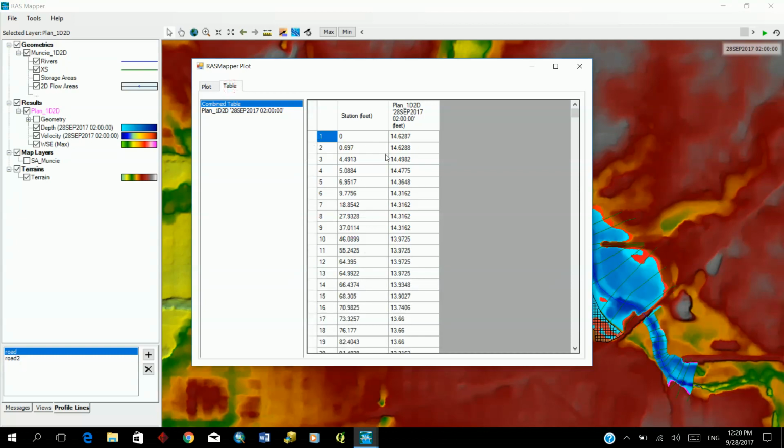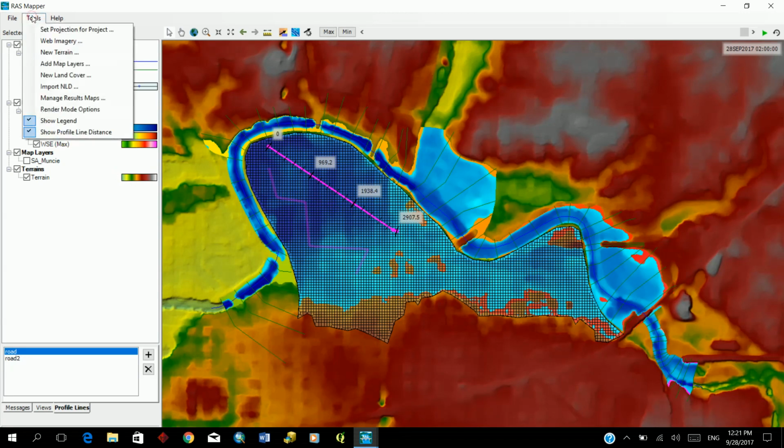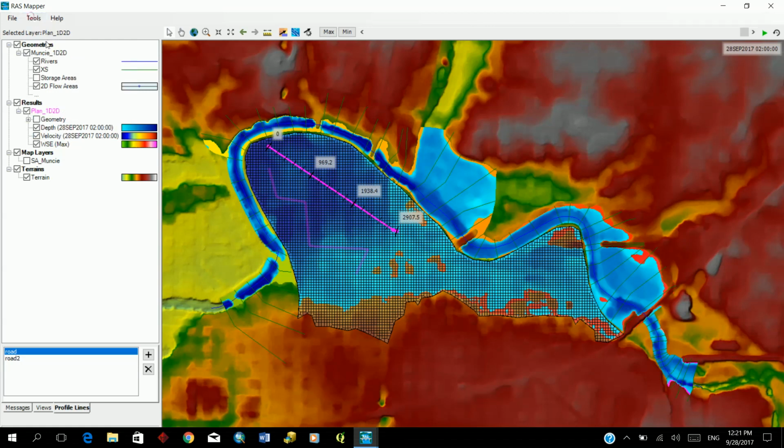Manage, right-clicking results, manage results map. So these are the ones that are active. You can add a new map. So here you can add a new map,